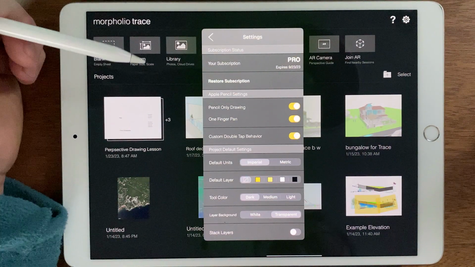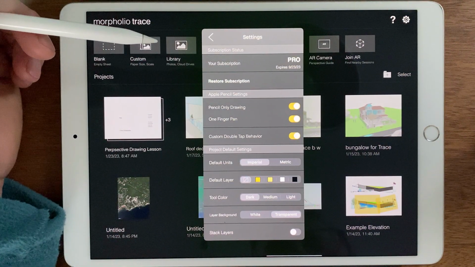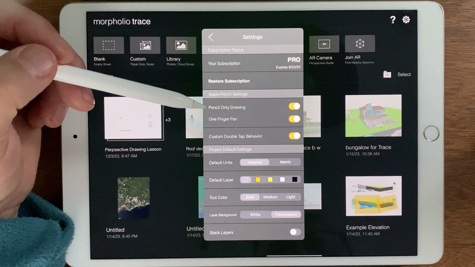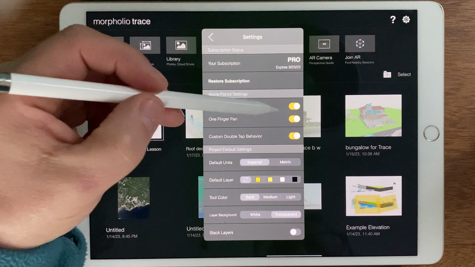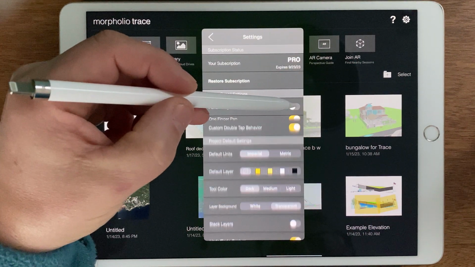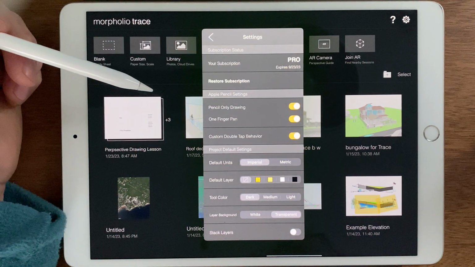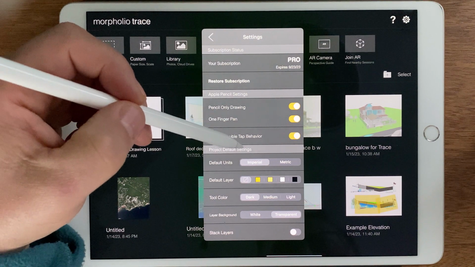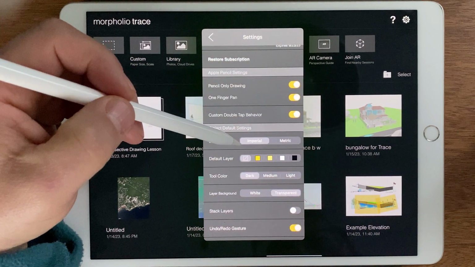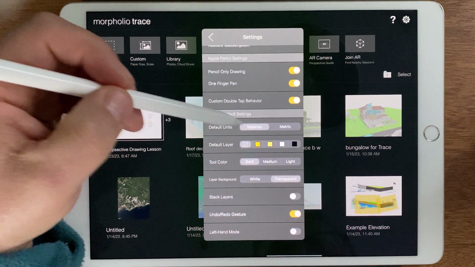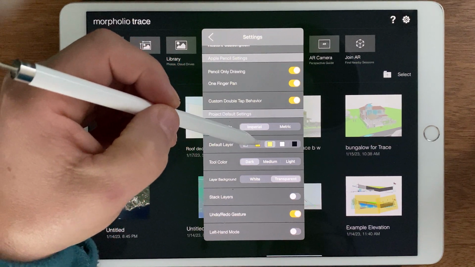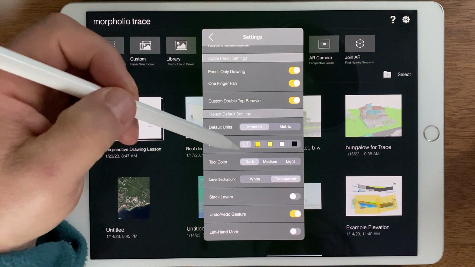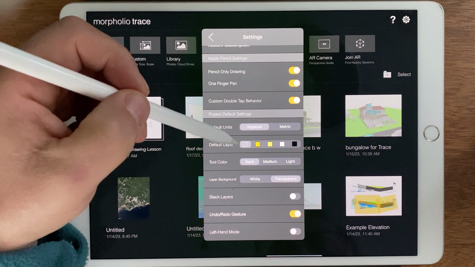button here to make sure I've set my settings. And you might be able to tell from the video that I am left-handed, so I like to have this pencil-only drawing option checked, because I tend to drag my fingers as I draw, and this prevents you from accidentally drawing lines. Other settings here, you can even control the default line weight, default layer color, and